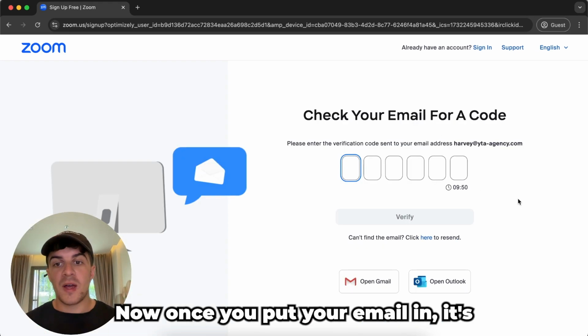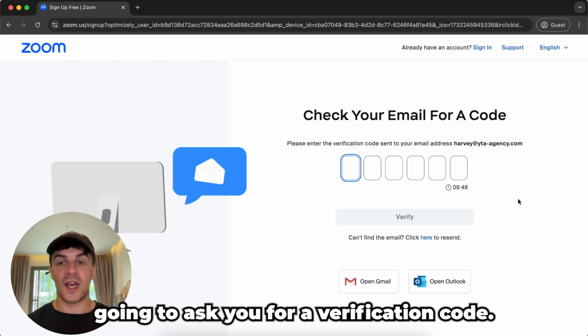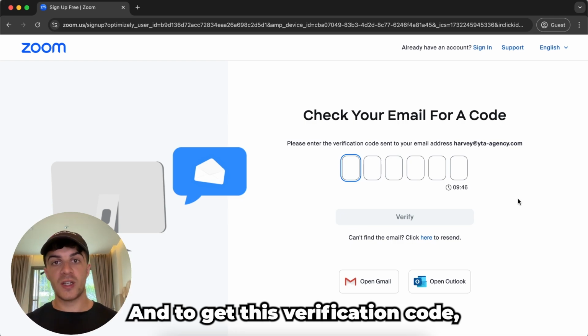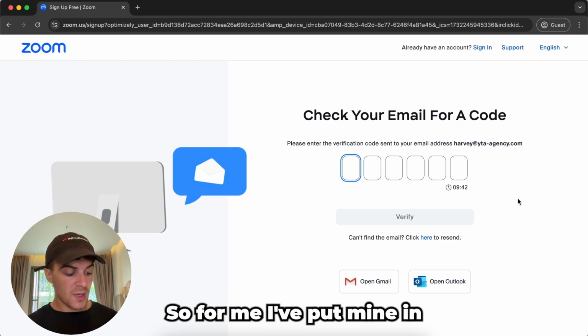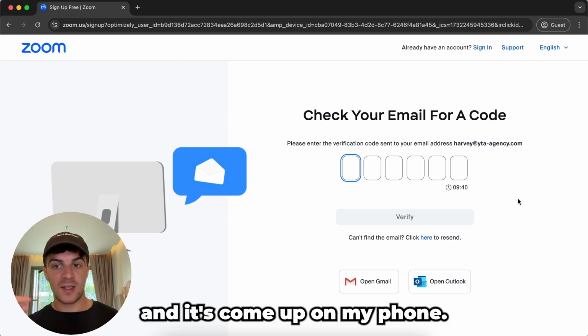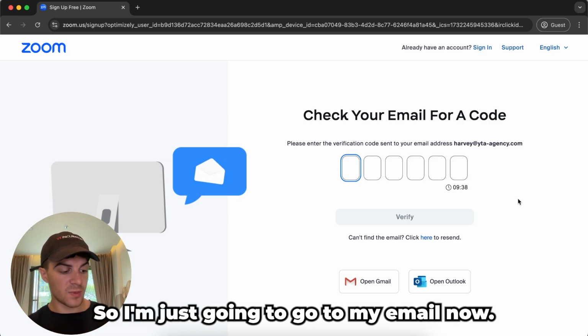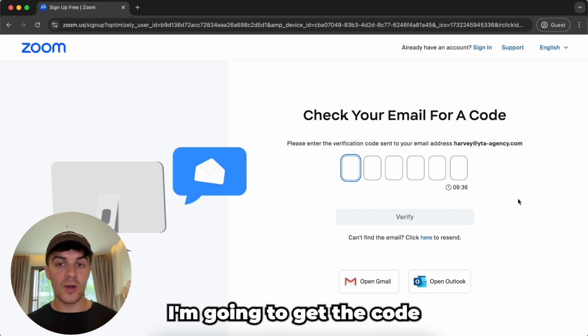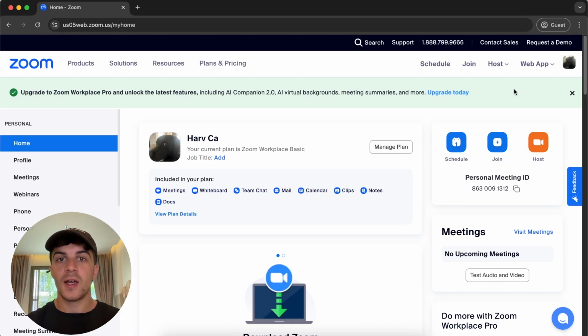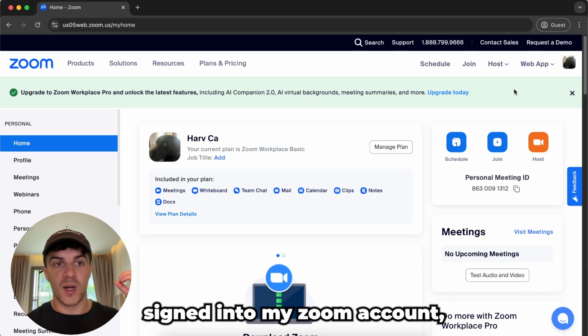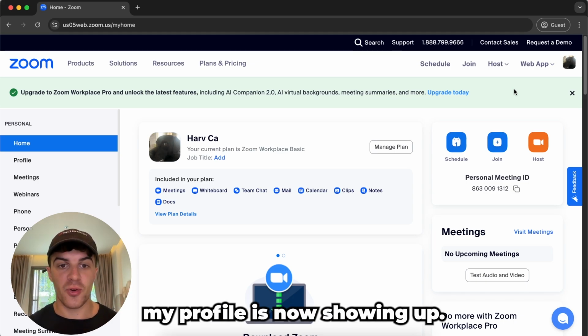Now, once you put your email in, it's going to ask you for a verification code. And to get this verification code, you need to go and head over to the email that you just put in. So for me, I've put mine in and it's come up on my phone. So I'm just going to go to my email now. I'm going to get the code and I'm just going to type it in here to verify that it's my email. And here we are, I've just signed into my Zoom account